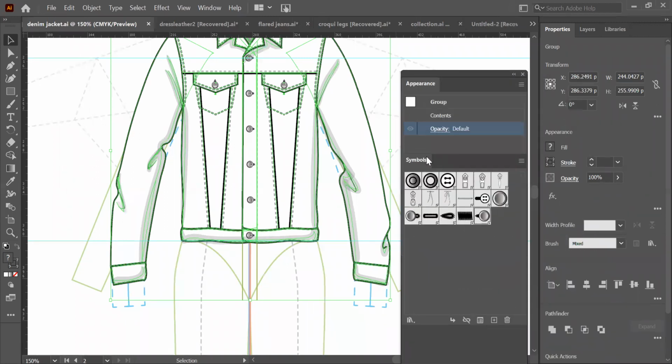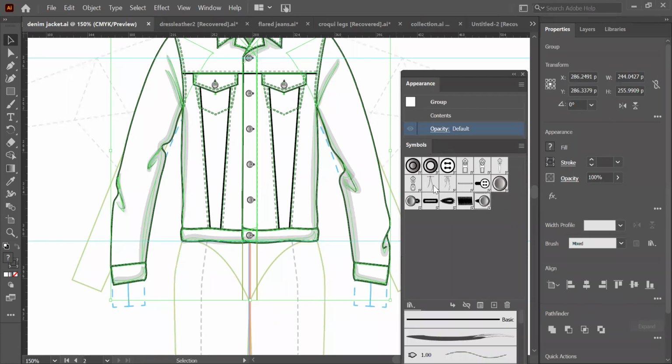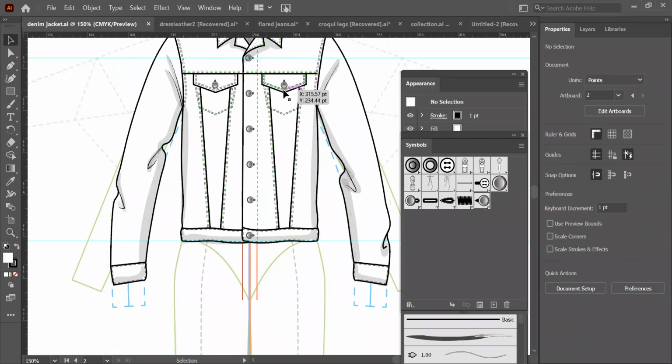So basically, when you're making flats and all, you create a sort of symbol library, and you keep it handy whenever you're making flats. Obviously I'm not teaching you how to make flats. I don't think it's necessary for your course, but making symbols is important.